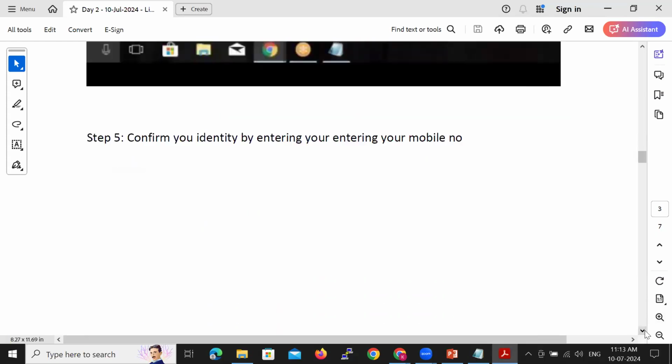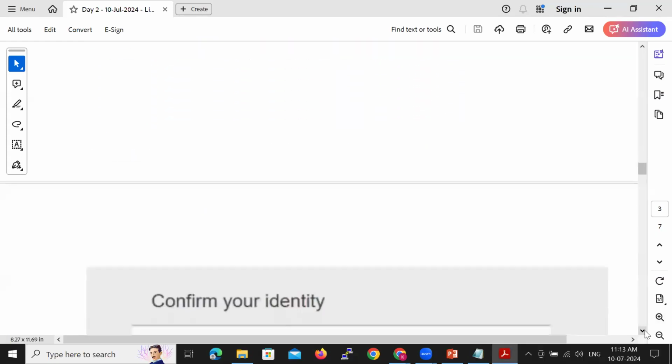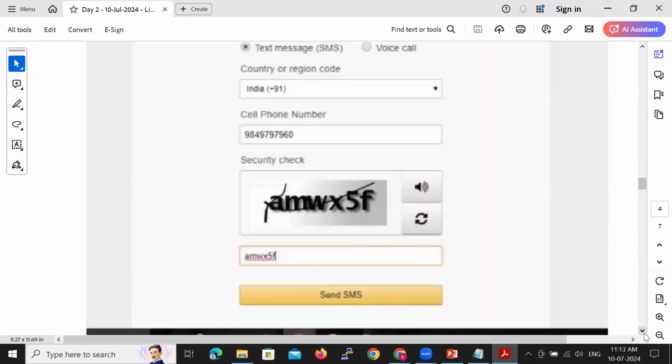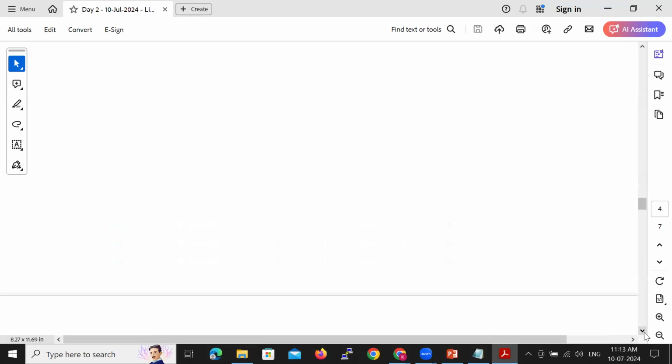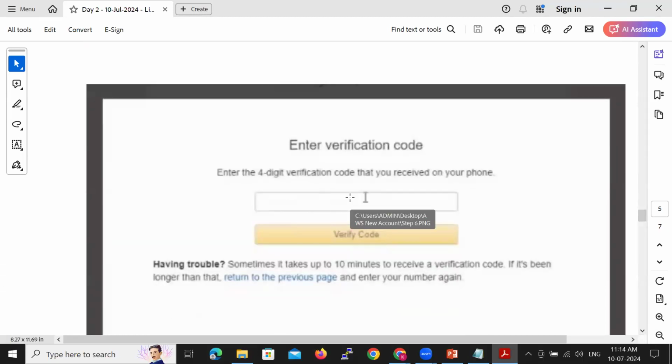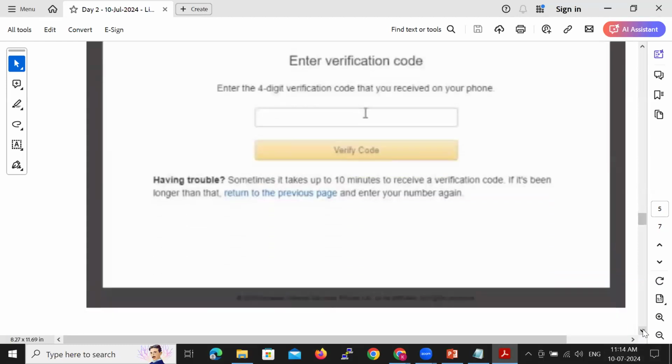Next, you will be asked to re-enter the mobile number. Please re-enter the mobile number. You get one more OTP to verify your mobile number. 2 OTPs. The first OTP to verify whether the debit card details are correct or not. The second OTP to verify whether the mobile number you have entered is correct or not. Once you verify your mobile number,